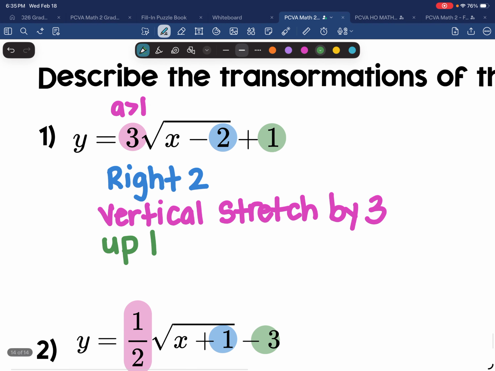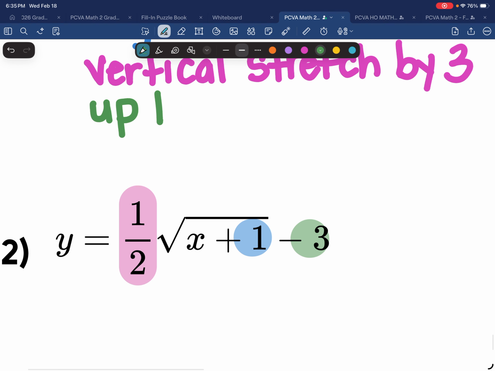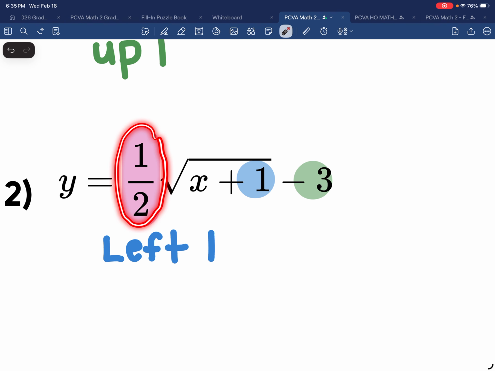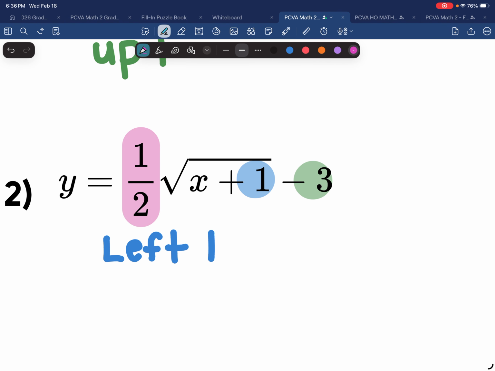So in the next one, same situation. I'm going to start on the inside of my square root, I have plus 1. So normally we think plus is right, but it's the opposite. So we're actually going to be going left 1 unit. Then we have this 1/2. This 1/2 is being multiplied in the front. So 1/2 is actually less than 1,